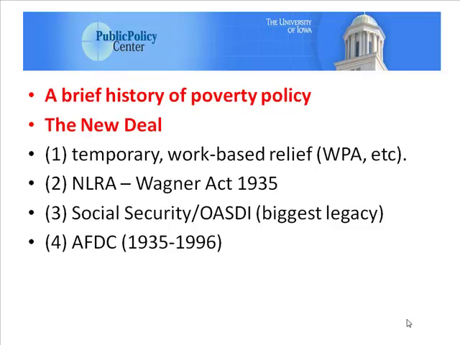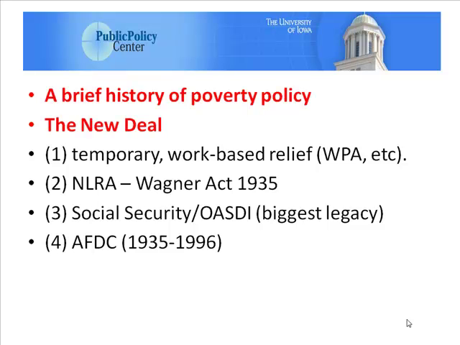Well, a few minutes on a basic history of poverty policy, and boy, this is the Cliff Notes version. There are versions that are a lot more detailed than this, that include a lot more events and activities. This is basically a fast one. If we start with New Deal poverty policy, the New Deal under Franklin Roosevelt develops poverty policy that centers on providing income security for the aged and providing various sorts of temporary work for people who are out of work, work-based relief. The Works Progress Administration, the Civilian Conservation Corps, and other so-called alphabet programs that the Roosevelt administration creates